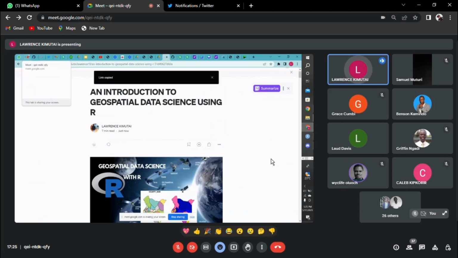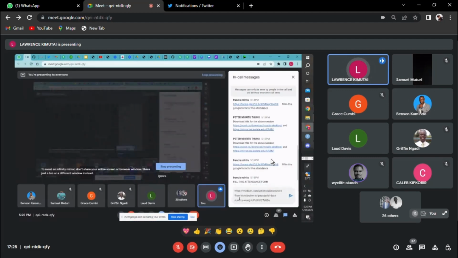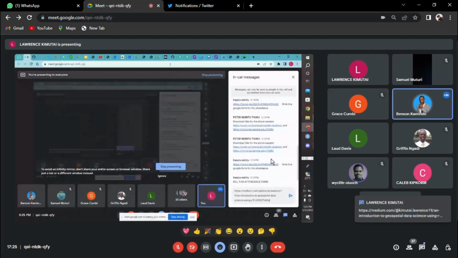We'll now just move on directly to geospatial analysis, where we want to deal with geospatial data. So what we'll do is I'll just use some